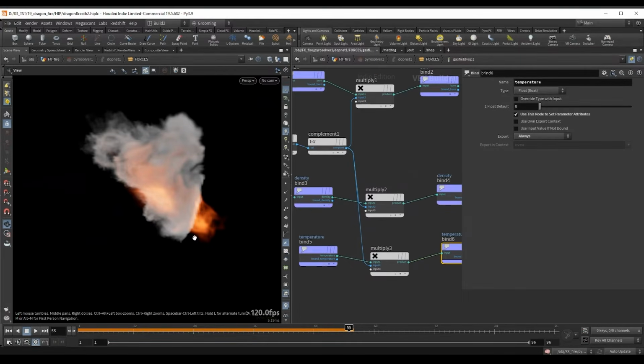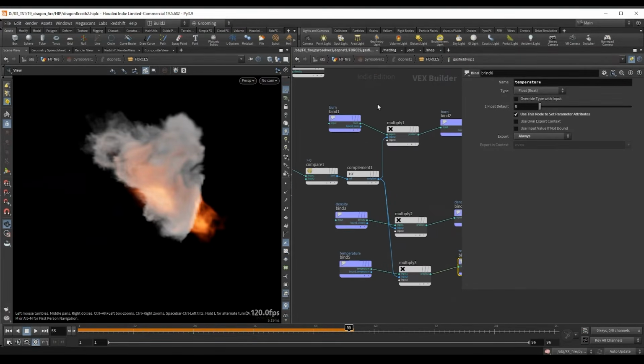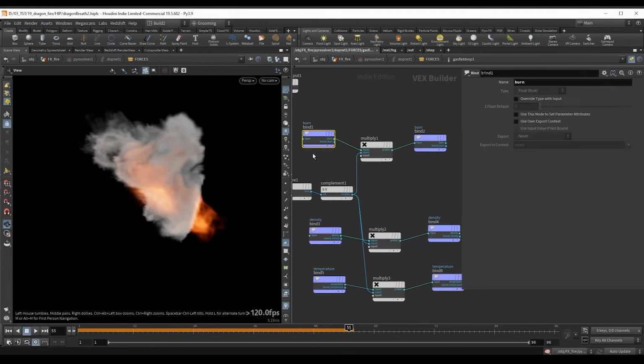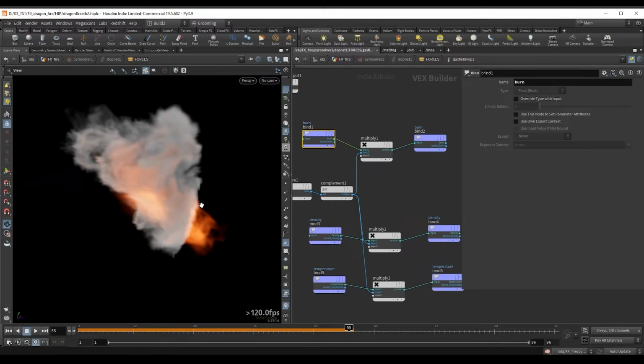And actually we still haven't got rid of this, and this is because I'm cutting off the burn, but the actual field is called flame. Burn is the name of the source field, but we are sourcing it to create the flame field. So this name here should be flame. So let's set this to flame and this to flame as well. And now we got rid of this.